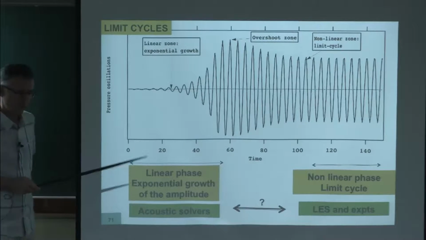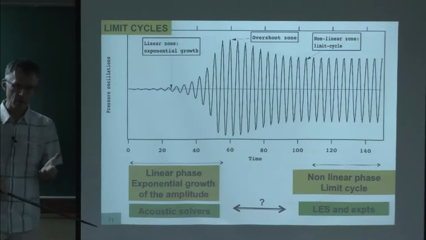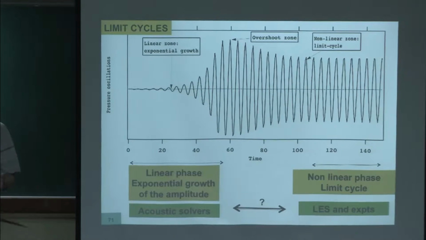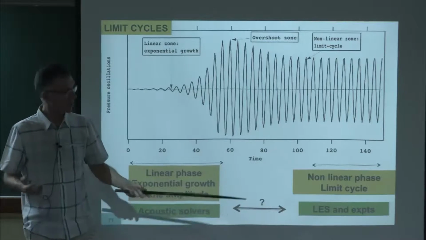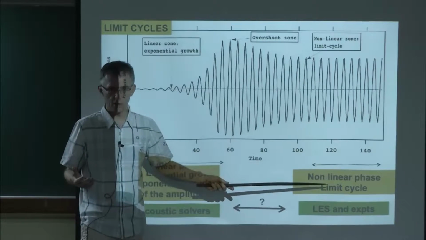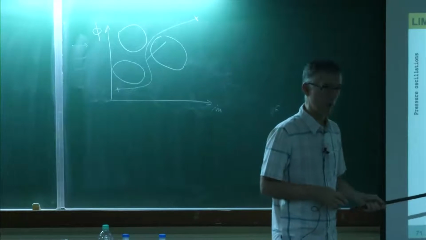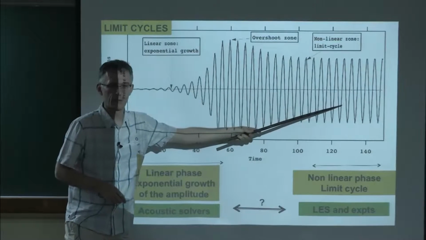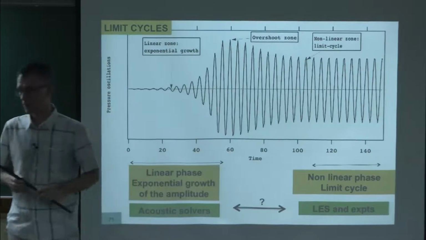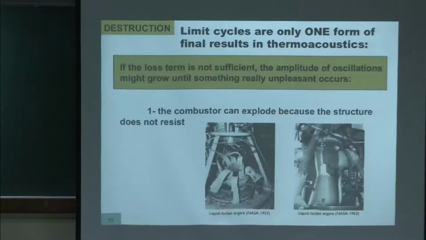So the interesting point here is that this zone here, which is the linear zone, is a zone where we can write models, but it's difficult to do experiments. This zone here, where we can do measurements, is a pain because you cannot write linear models. You have to use LES or very complicated methods. So that's one of the problems we have. It's easy to do simulations here. It's easy to do experiments there. But what we would like is to compare. And you will see that this is actually a problem for the comparison.